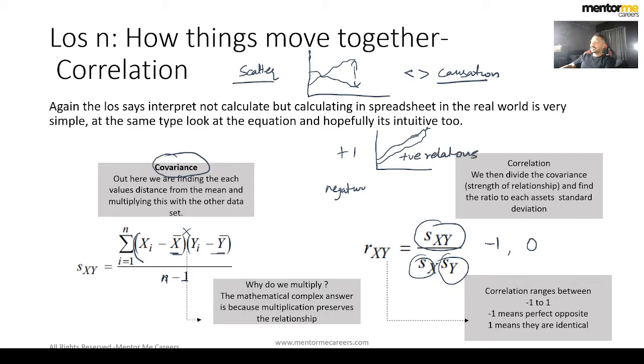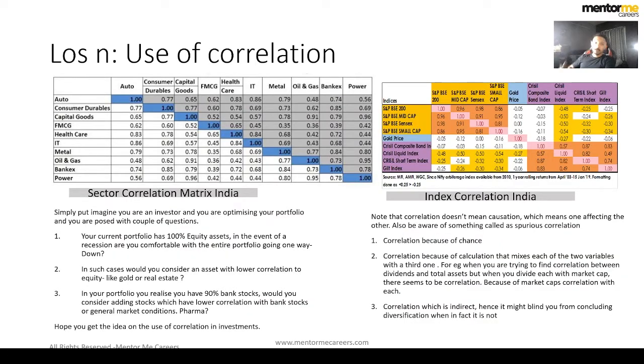So that's what we need to know in terms of correlation. Now look at the uses of correlation. This is what I was talking about in terms of correlation matrices. If you are a portfolio manager, you could decide what kinds of sectors you want to look at, specifically those which are non-correlated. So for example, let's say capital goods. You want to find out the correlation of capital goods with, let's say, healthcare. You can just go here and see that capital goods and healthcare have a 0.5 correlation.